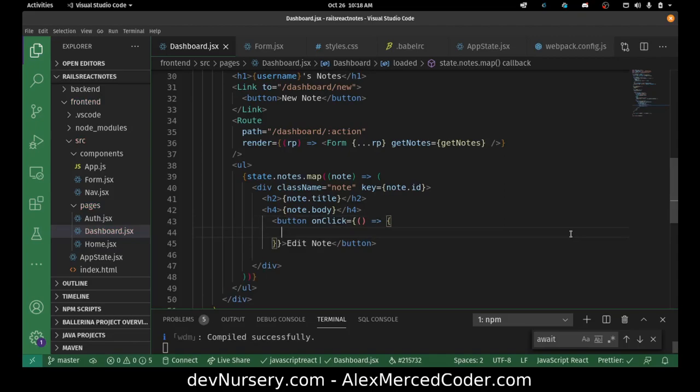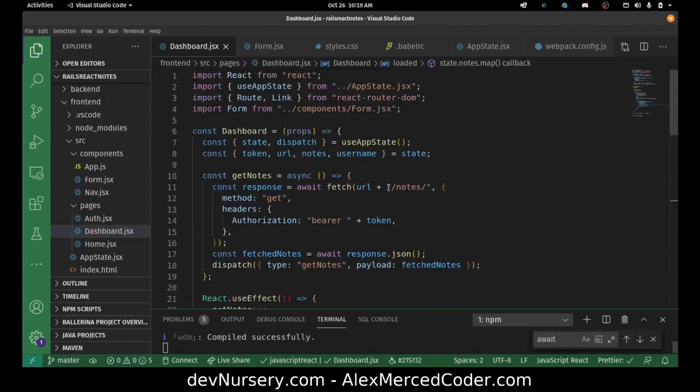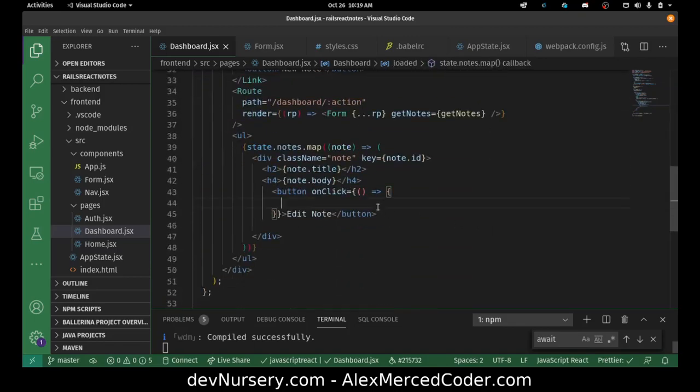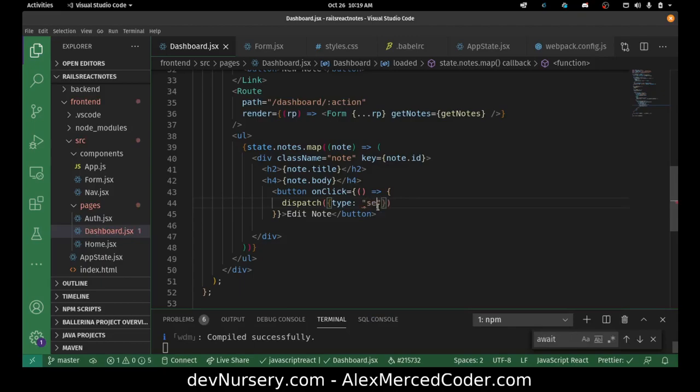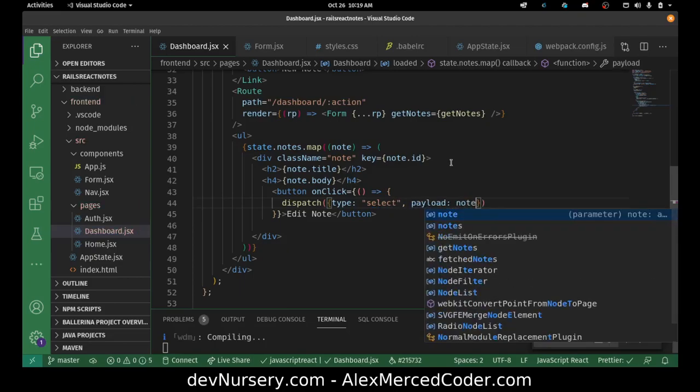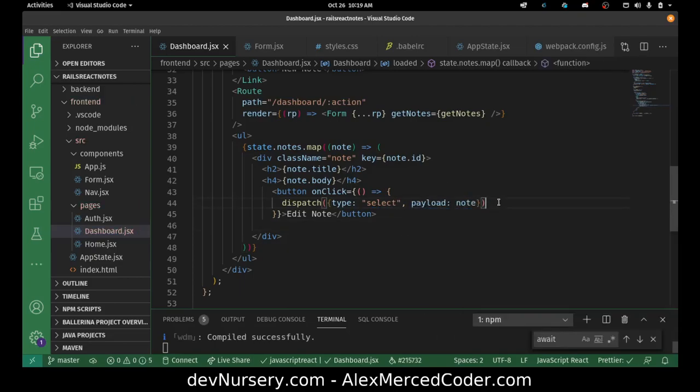I'm going to need to use dispatch. Did I destructure dispatch from useState? Yep, there's dispatch. Good. So I have dispatch. And what I want to do is use dispatch. And I'm going to pass in an object where the type of action I'm taking is selecting. So select. And the payload is the note. Okay. Good, because I want to be able to set the note to what it is, and then